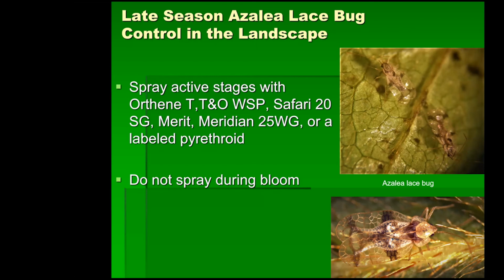Now, some folks will use neonicotinoid insecticides as a time management tool, and you can apply those earlier. The only negative is some of that insecticide could end up in the flower, in the nectar or pollen. So if you have clients that are worried about that, I do not worry so much about that for this reason, because